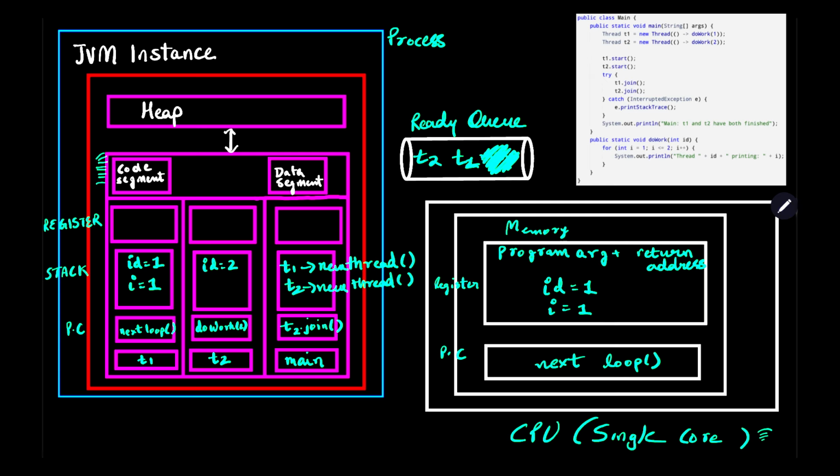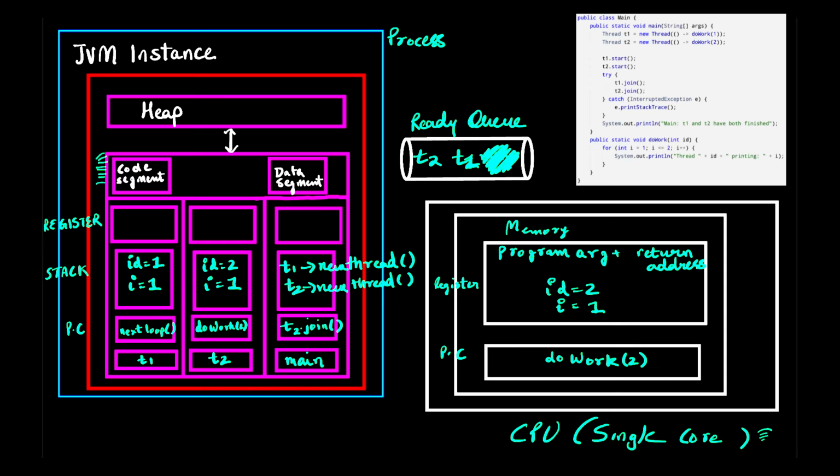The register of T1 contains nothing as of now. Now after the first iteration, i equal to 1 is initialized, and it will be initialized in the stack frame also. It prints the first line